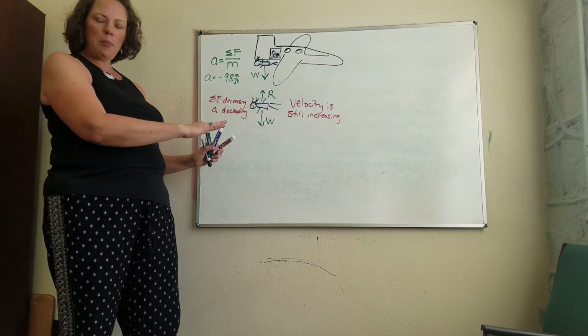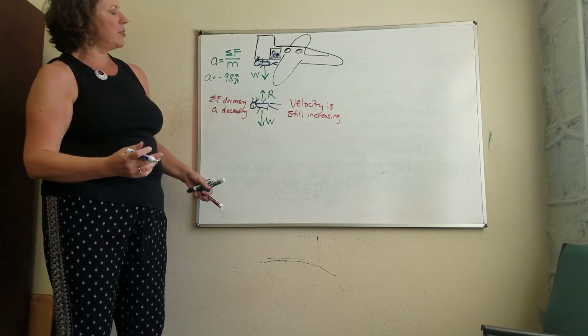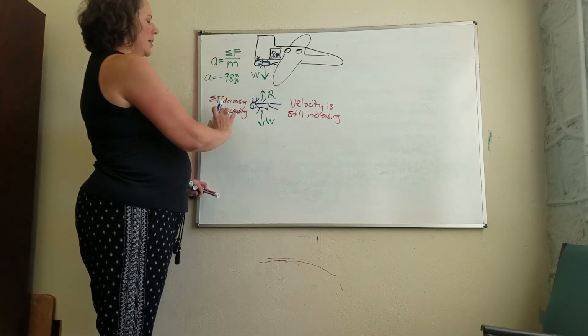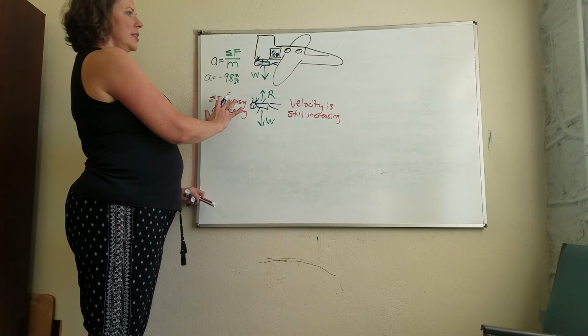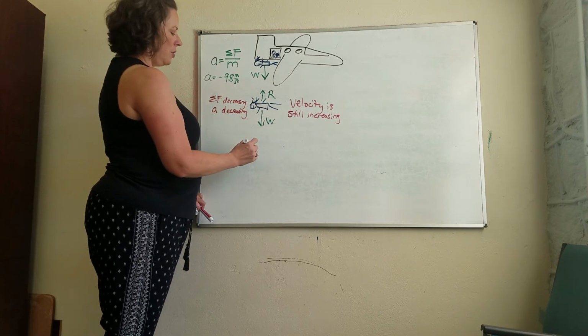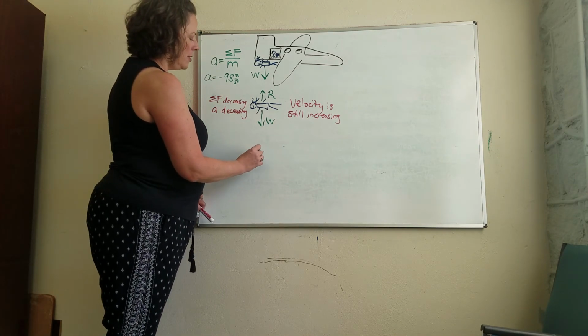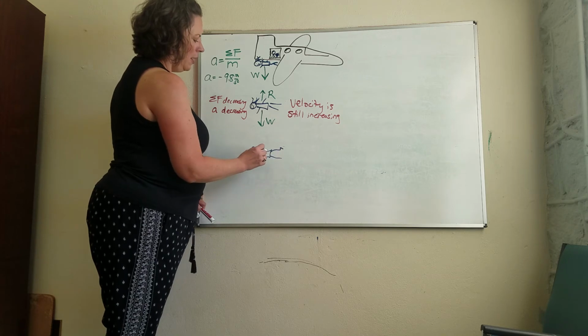So I want to get to that point where we stop falling faster and faster. But this whole time, the acceleration is decreasing and the net force is decreasing. Your velocity is still increasing until you get to the magic point where, oh